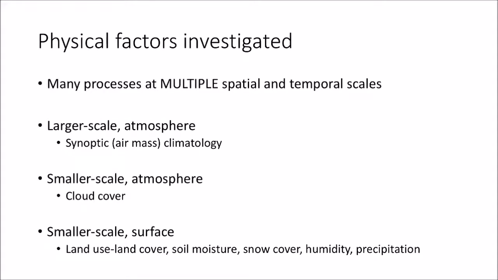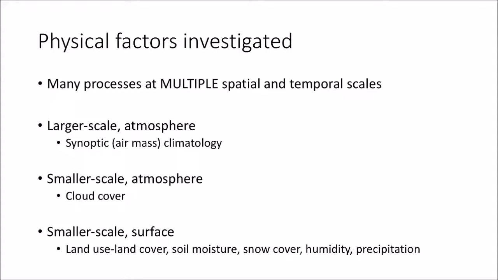So I again looked at processes at multiple spatial and temporal scales. Of course, I wanted to get an idea of what's going on more broadly, maybe explaining some of this. So your progression of air masses, so clearly synoptic climatology is playing a role in these patterns, because you see those large regional coherence in the difference between methods, and then also the progression through the year. But also, as we know, temperature can sometimes be influenced, especially under certain synoptic patterns, most strongly by the smaller scale things going on.